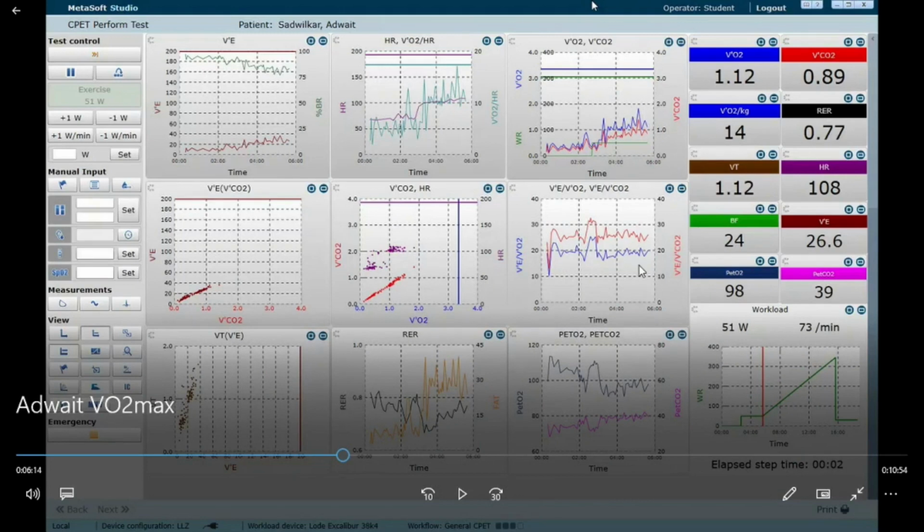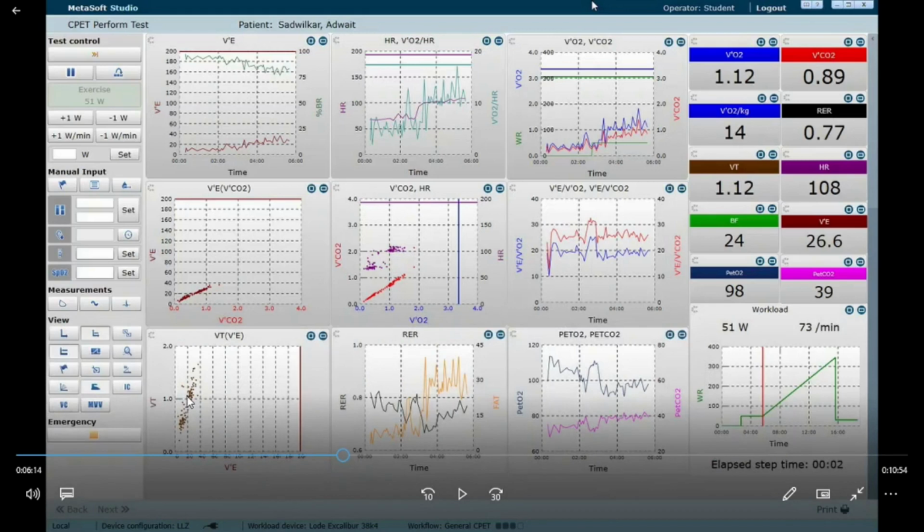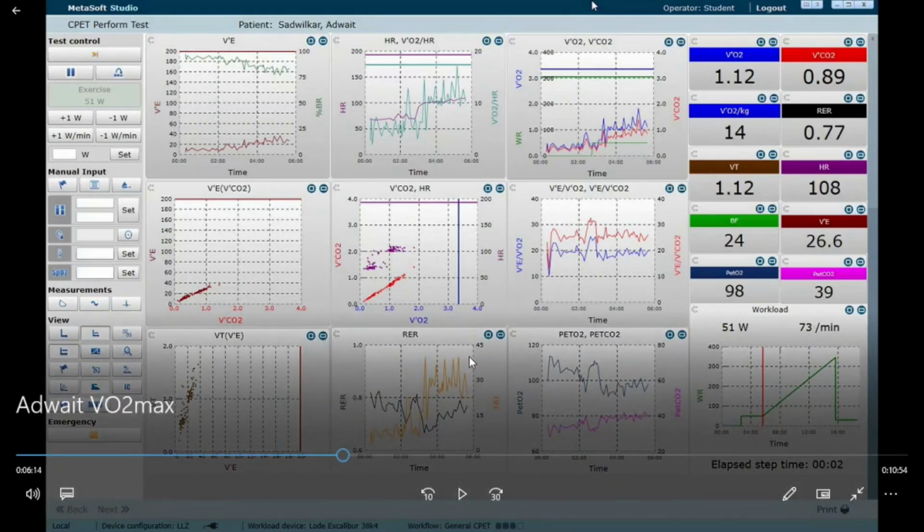And the sixth panel is about the ratio between ventilation and VO2 and the ratio between ventilation and VCO2 over time. Then the seventh panel is about tidal volume and ventilation,